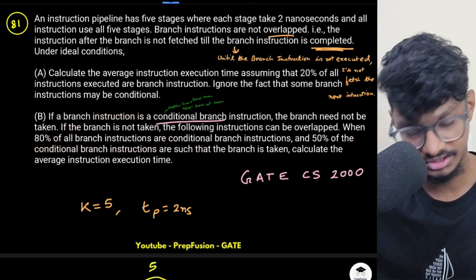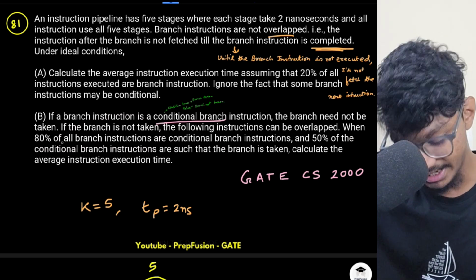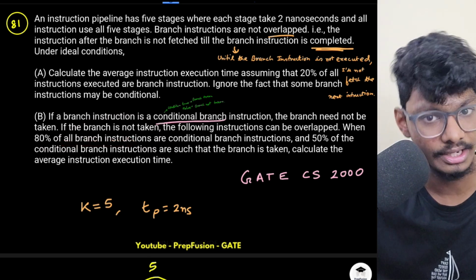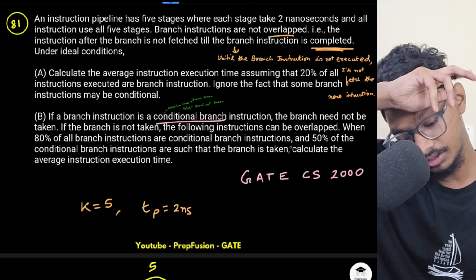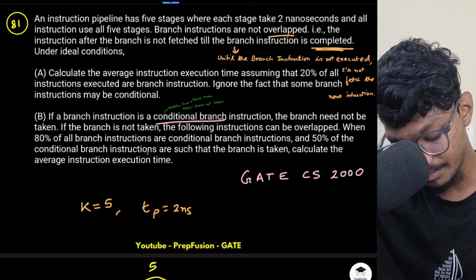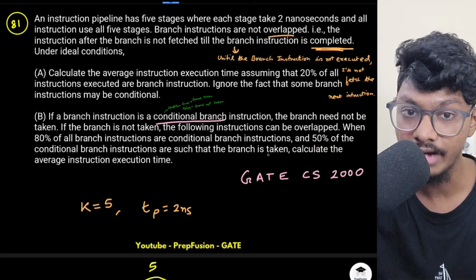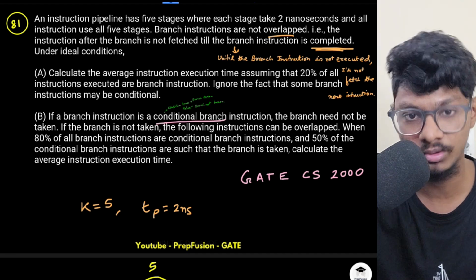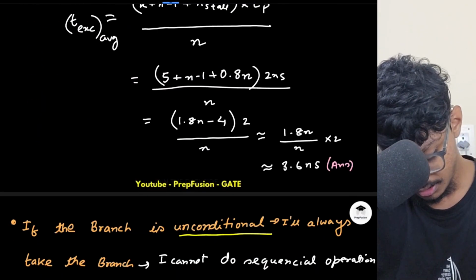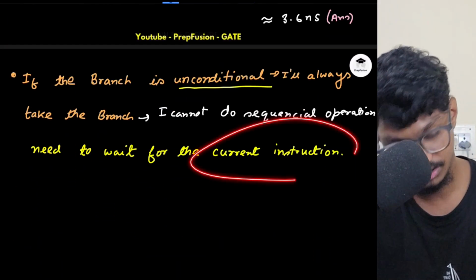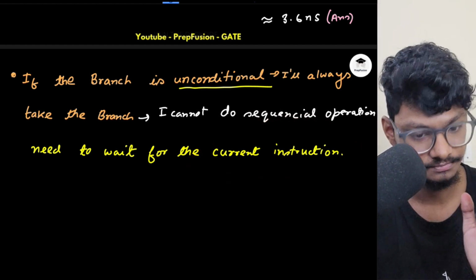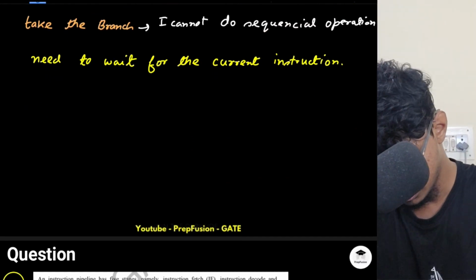overall branch instructions I have NB, out of that 80% are conditional, 20% are unconditional. Okay, point 1. Then 50% of the conditional branch instructions are such that the branch is taken. So out of those, 50% are such that the branch will be taken. So the simple thing is, whenever a branch is taken, stall cycles will be introduced. So second point is,